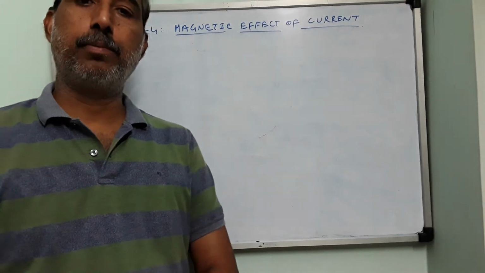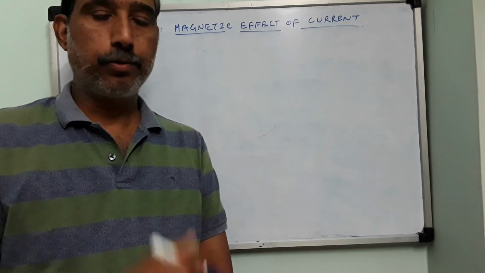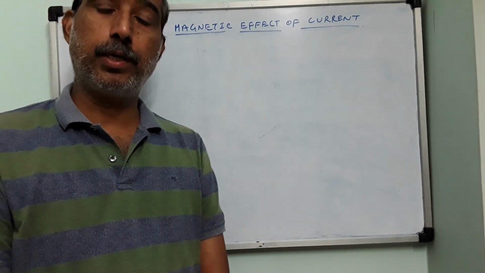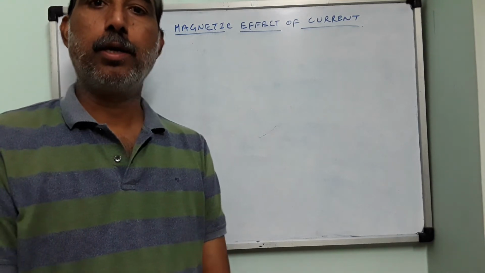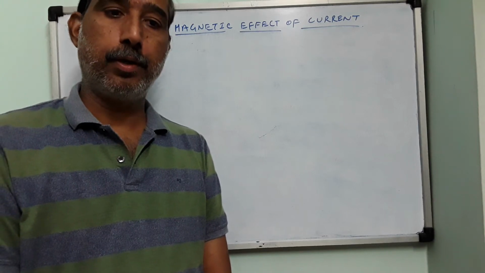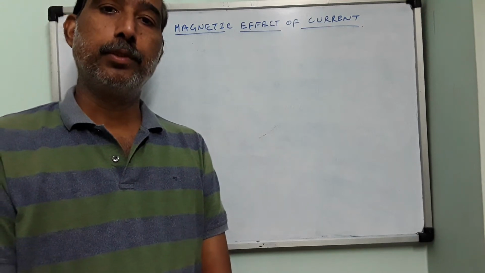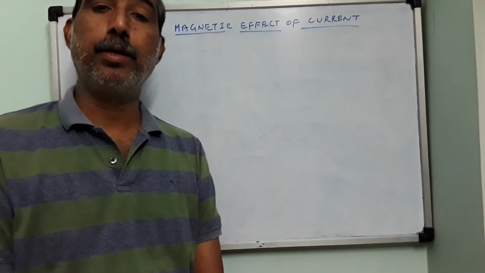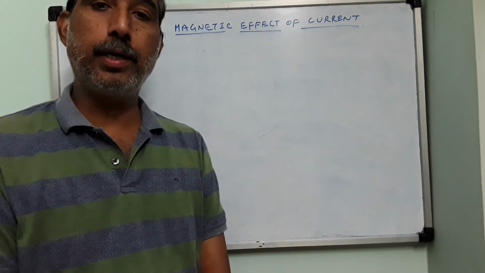You had a little introduction about this chapter in your class 10th. You have studied about magnetic field produced by a straight current carrying wire, magnetic field produced by a circular coil. And there you are not having any quantitative approach, only qualitative approach is given to you. So what will happen to the magnetic field if you increase the current, and what will happen to the magnetic field if you increase number of turns in a coil like this. That is called qualitative idea.